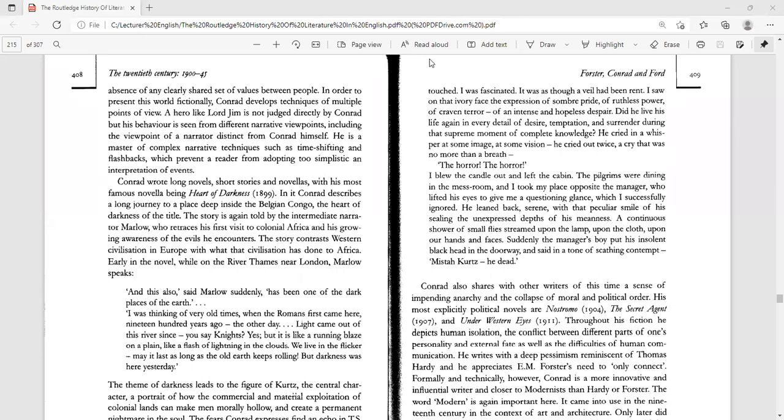So Marlowe meets Kurtz and is influenced by the charisma of his personality. That's, between the lines, the charisma of colonialism, and critics of colonialism have ambivalent feelings for colonialism.